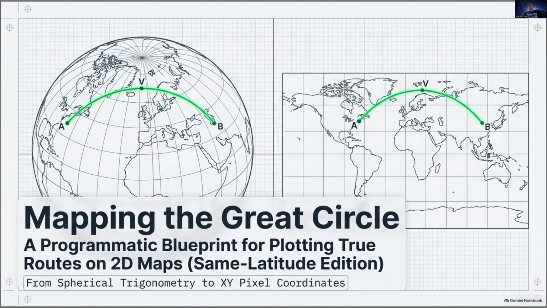X equals the distance from the prime meridian, and then Y equals the distance of